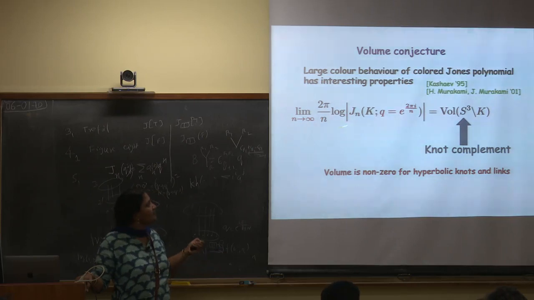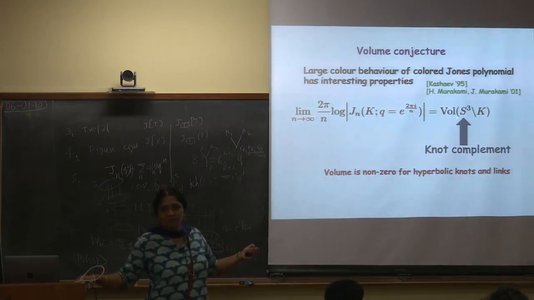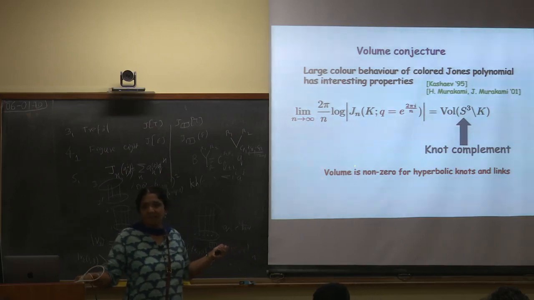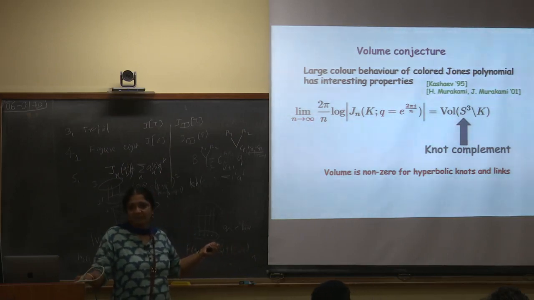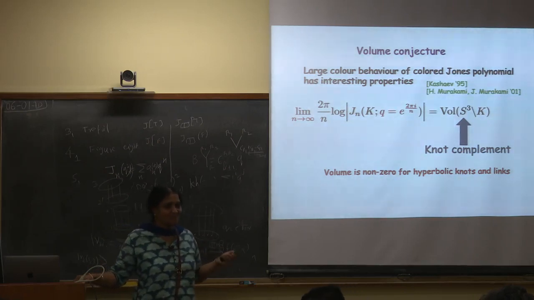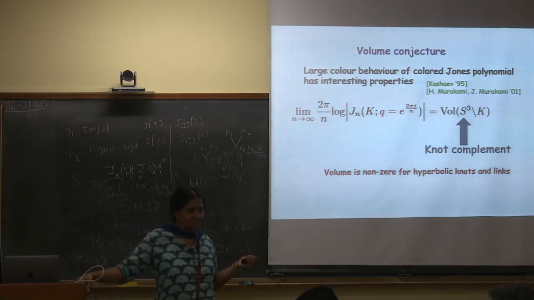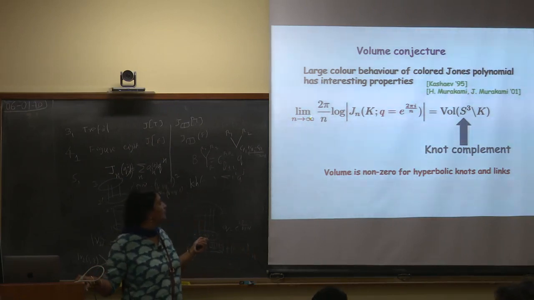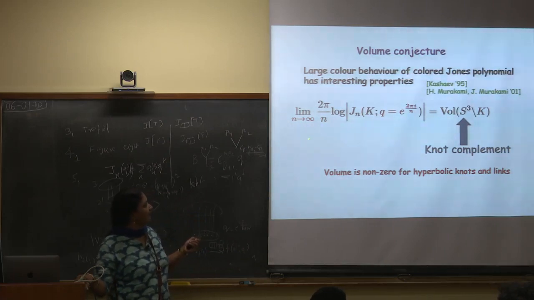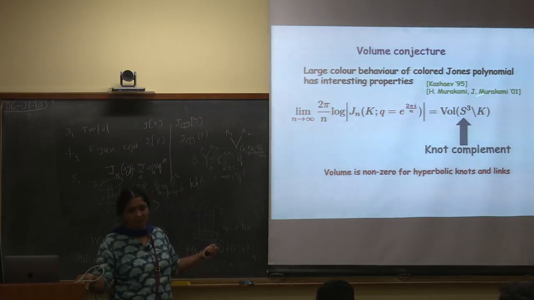What he showed is that this expression on the left hand side is a topological quantity, and that the right hand side is a geometrical quantity, and these two are related, and he verified it for figure 8. This is sort of classical. Yes, it continues. There are generalized volume conjectures and so on. What do you mean classical? N is large and Q tends to 1. So, in that sense he is saying it is classical.